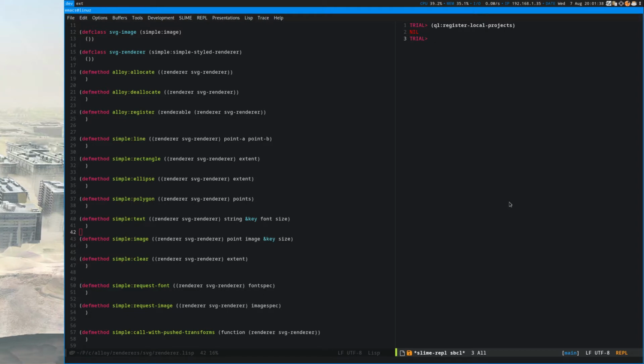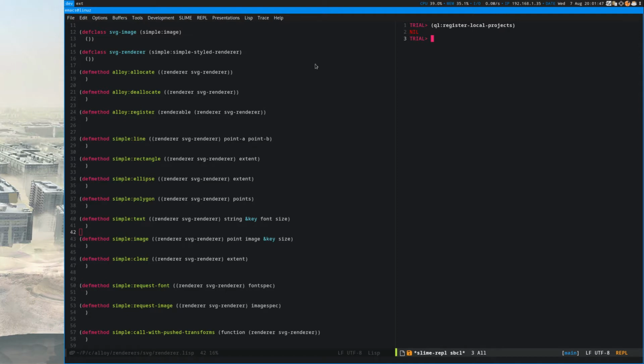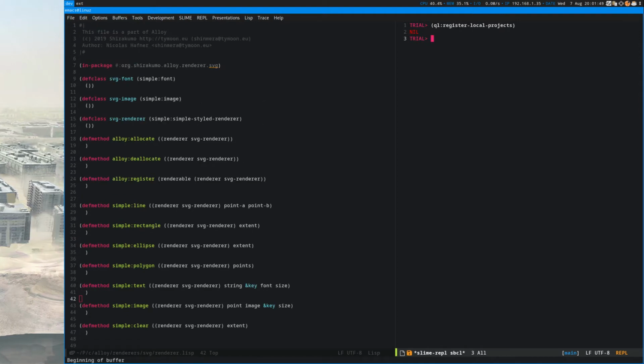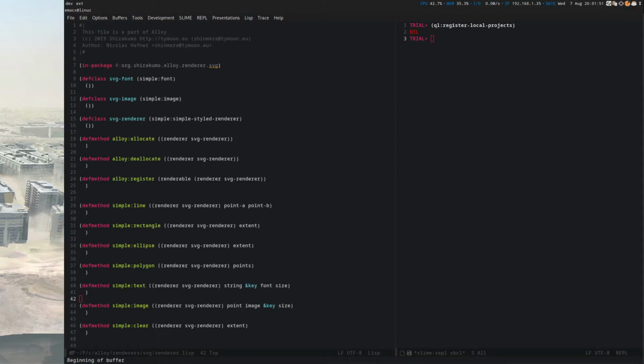So, today we're gonna be looking at more Alloy stuff. Hooray! More boring layout, or not layout, but boring UI toolkit stuff. Yeah! I can hear you all booing from the,